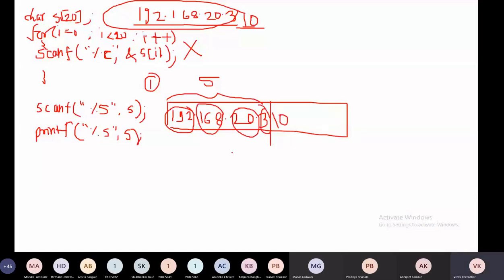From the string, how do we separate these characters, and actually we want them as separate decimals as integers. For that purpose, we have sscanf. What is it? It is only used with a string. It will scan the whole string, so the first parameter is the string name. Which string do you want to scan? That is s.